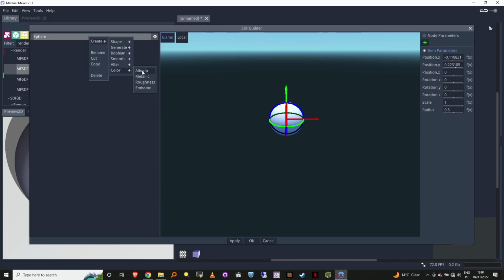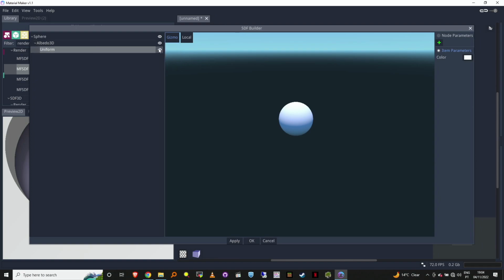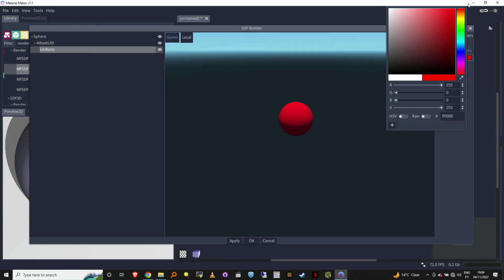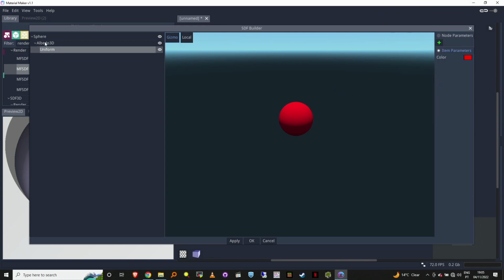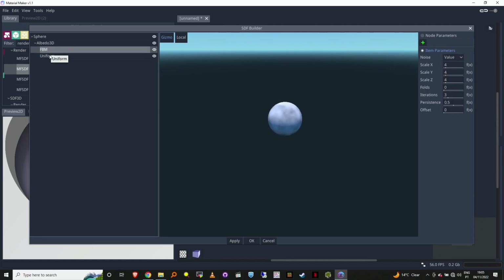In this case, we will add albedo, and we specify that you want the albedo, and then you specify if you want, for example, a uniform color, like red, or if you want a noise function, for example,